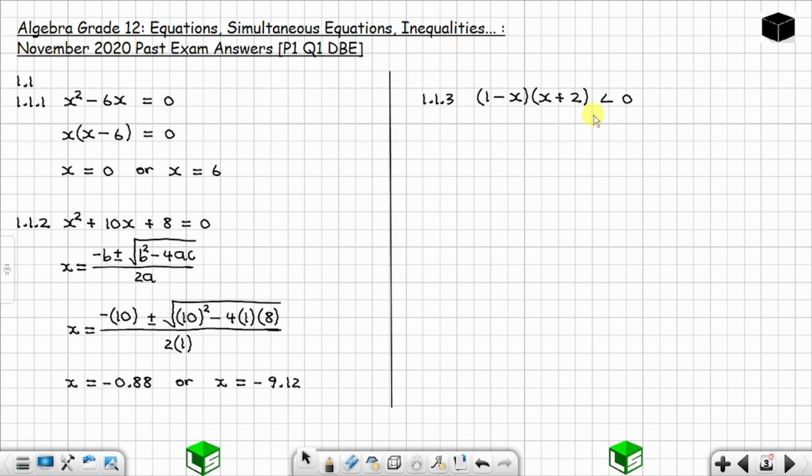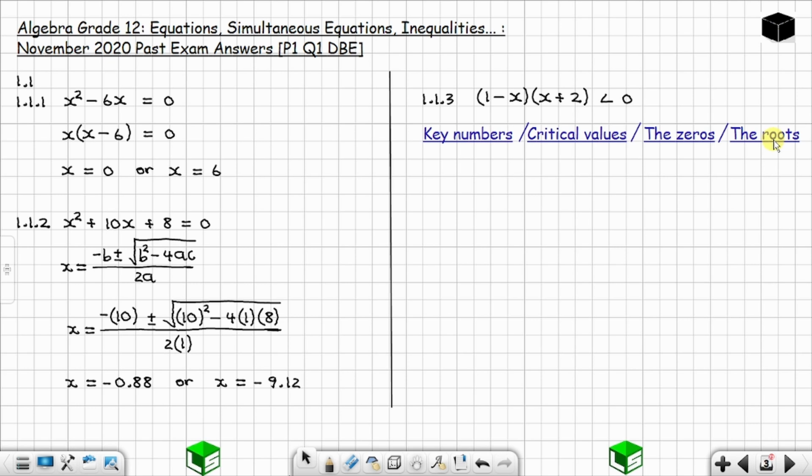So from here, what you need to do is to get the key numbers or critical values or the zeros or the roots. So they can call them key numbers. In some textbooks, you'll see that they are calling them critical values. Some textbooks can call them the zeros, or you might find that in some textbooks they are calling them the roots. So do not be confused if they are calling them key numbers or critical values or the zeros or the roots. They mean the same thing.